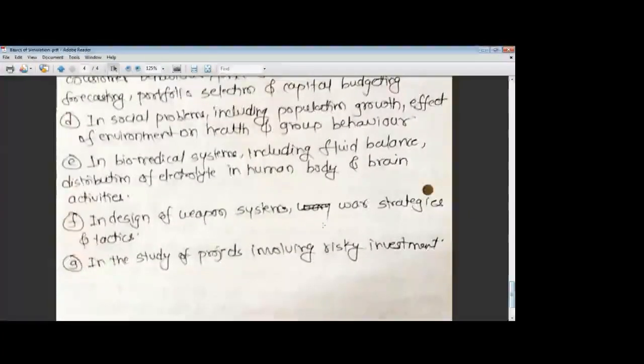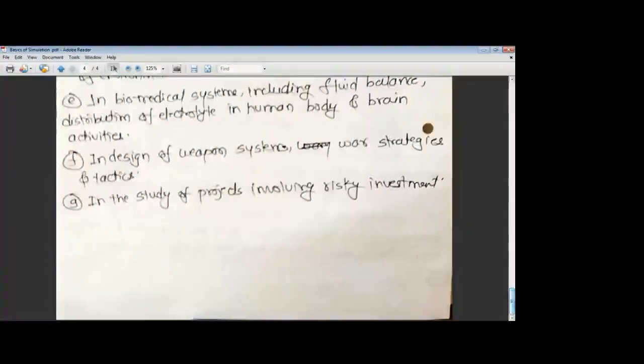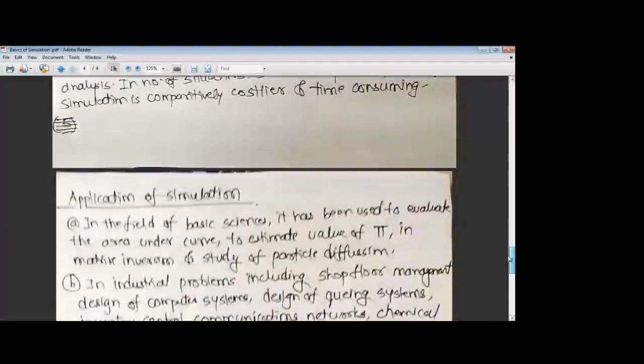In social problems, including population growth, effect of environment on health and group behavior, the simulation model has been used. In biomedical systems, including fluid balance, distribution of electrolytes in the human body and brain activities, simulation models have been used. It has been used in the design of weapon systems, war strategies and even tactics. In the study of projects involving risky investment, the simulation model